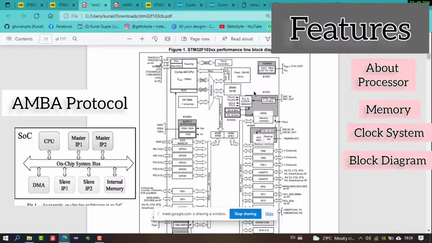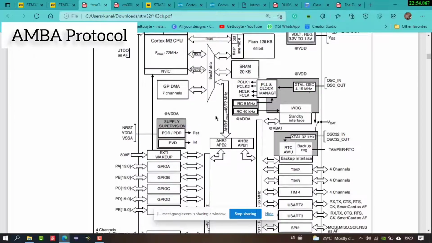And under the AMBA bus protocol we have three divisions. This APB, like we just